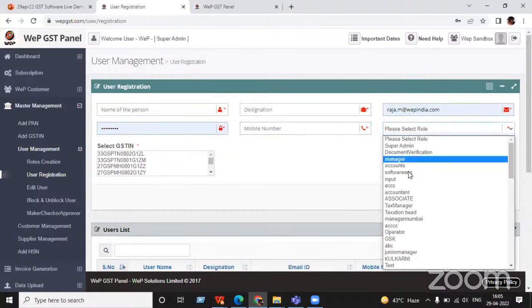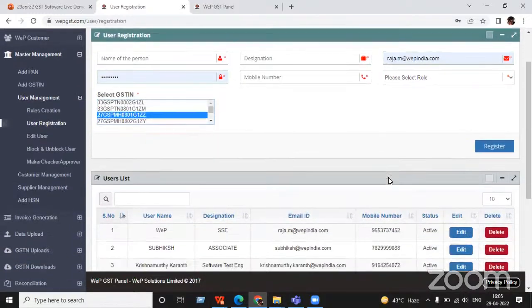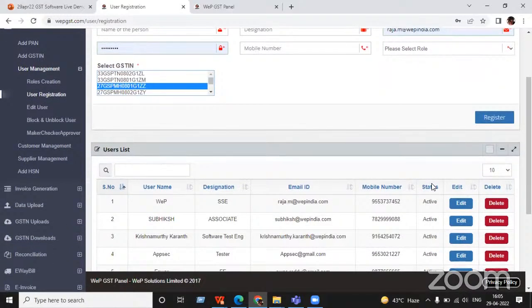There are multiple roles, and you can also select it for a particular GSTN. You can select multiple GSTNs or a single GSTN, and register. Whatever role you give to that person, he will only manage that.